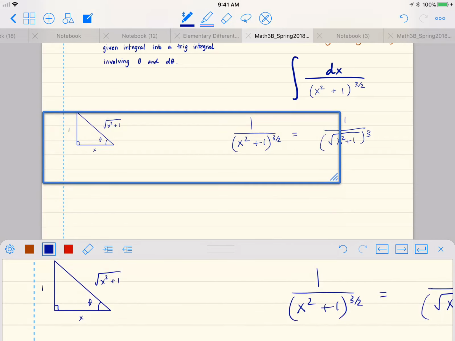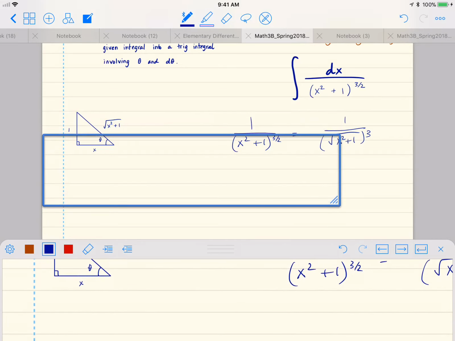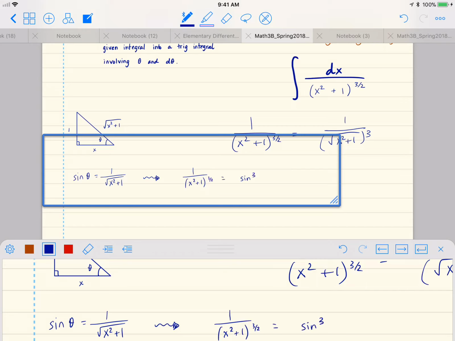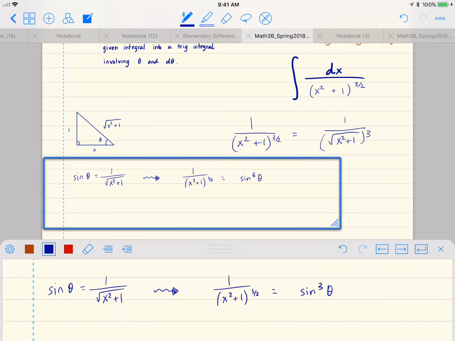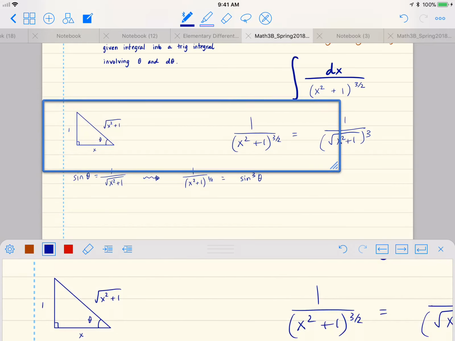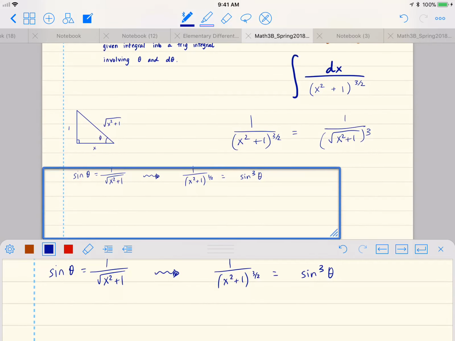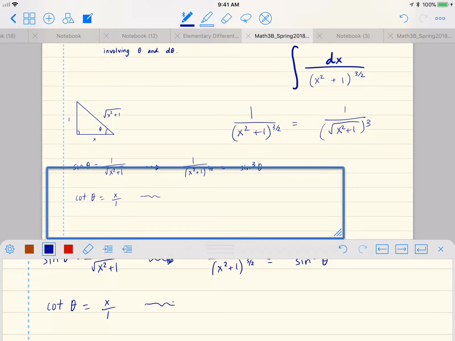Okay. So now 1 over the square root of x squared plus 1 is going to be sine of theta. So sine of theta is 1 over the square root of x squared plus 1. So 1 over x squared plus 1 to the 3 halves is going to be sine cubed of theta. Okay, and now to get x, cotangent of theta is x over 1. So then dx